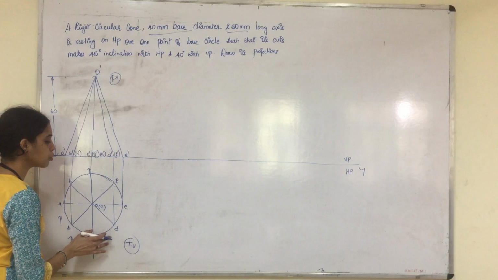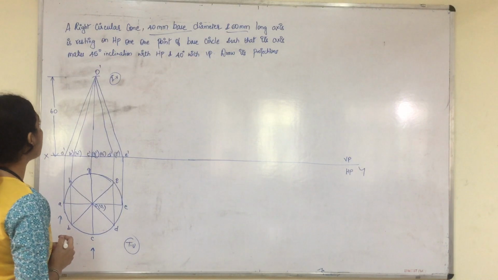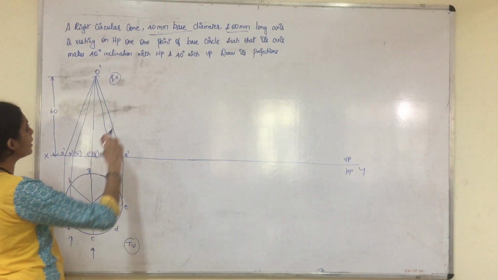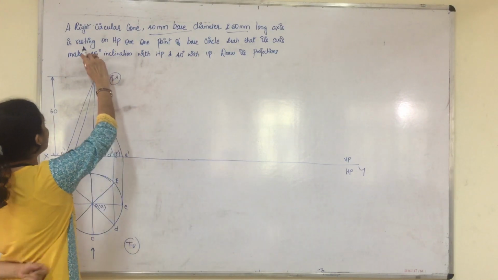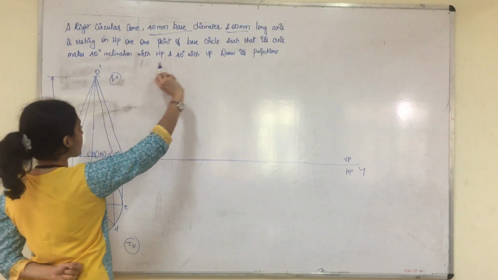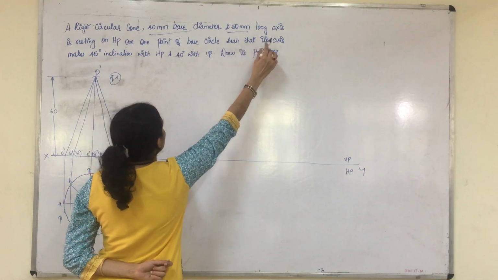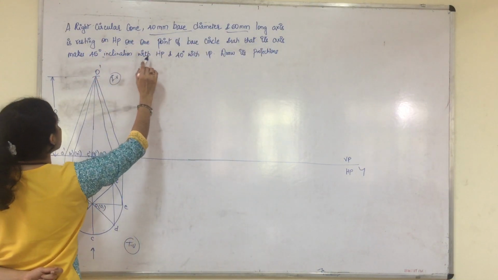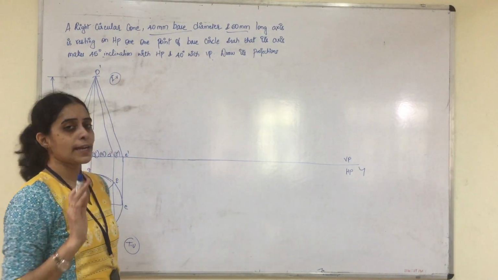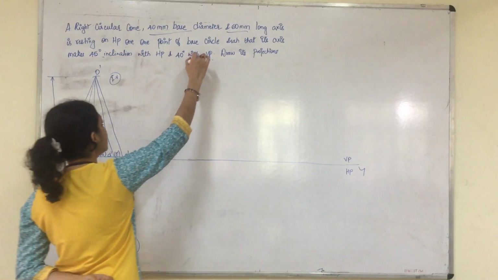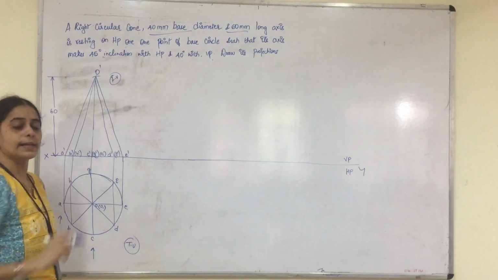The top view provides the true shape of the base of the circular cone. Once this is done, we have to see what is the inclination given with respect to HP and VP. It is told that it is resting on HP on one of the points of the base circle, such that its axis makes 45-degree inclination with HP and 40-degree with VP. So it is purely a problem on axis inclination. Since it is directly inclined to VP, we need to determine the apparent angle in the third stage. So let us cover the second stage first.